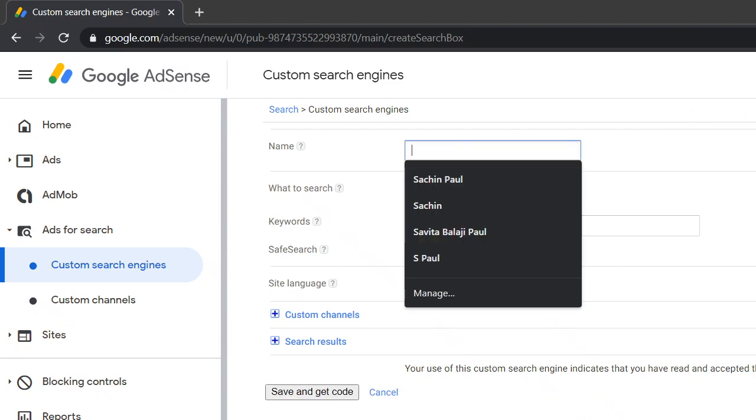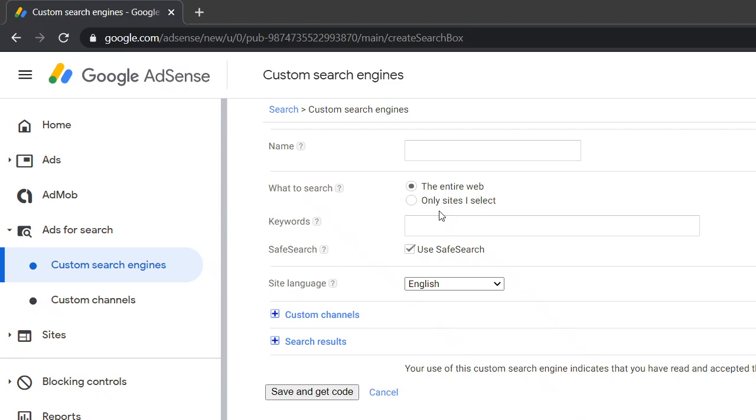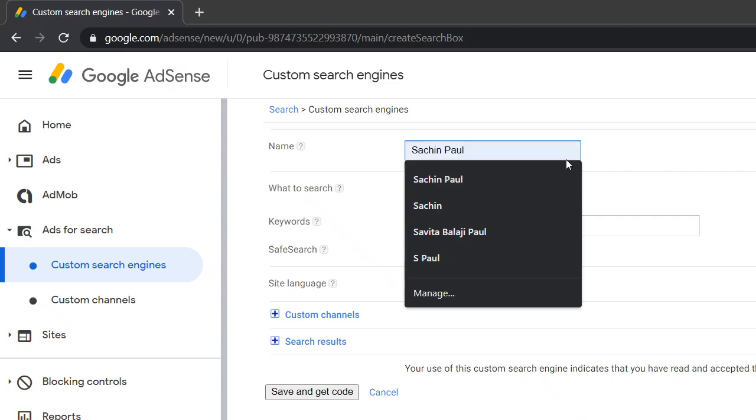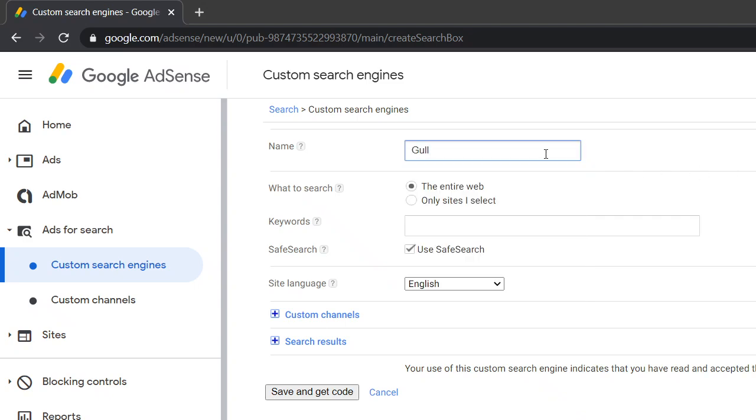Here you can name the search ad, and choose whether you want the search to show results just from your site, or results from all over the globe along with your site. You can customize that. So let's try. I will put in one site, which is one of my other sites. This is my site. Let's try all support. I want to show the results from all over the web, so I will keep it as it is, the entire web.